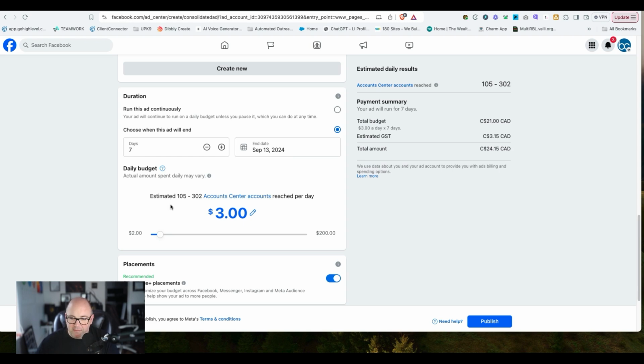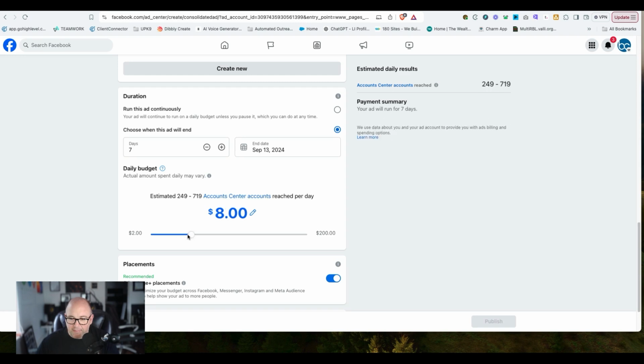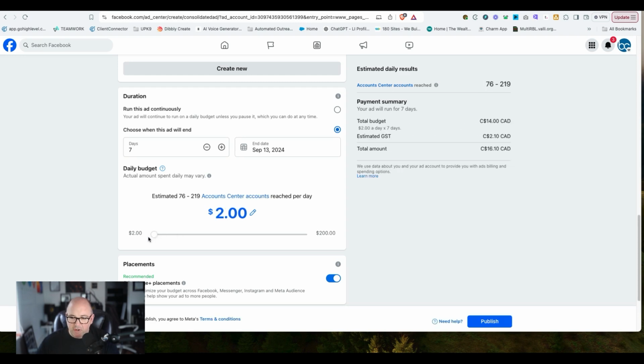How much are you going to spend per day? It says $3 in here. You can slide this up, and as you slide it up, you're going to see an estimated range on the right-hand side, which is what it's estimating the charge is going to be. So if I did $2 a day for those 7 days, I'm going to pay $16.10 after the tax and